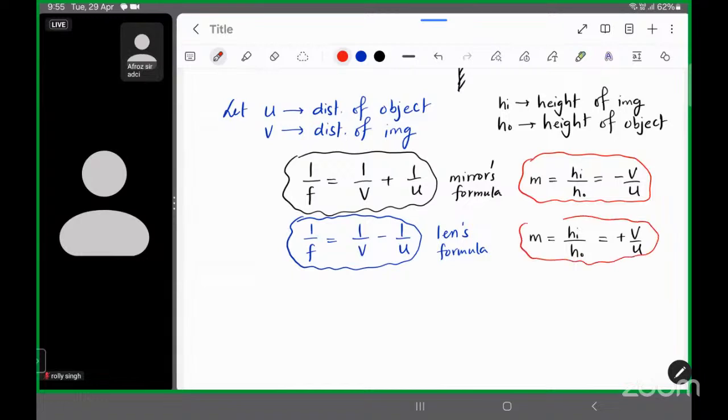This formula is called as linear magnification. Linear magnification, क्योंकि हमें ये जानना होता है कि इमेज का साइज कितना है। ऑब्जेक्ट के रेस्पेक्ट में अगर इमेज का साइज डबल हो गया, तो लीनियर मैग्निफिकेशन विल बी 2। ऑब्जेक्ट के साइज के हिसाब से अगर इमेज का साइज ट्रिपल हो गया, लीनियर मैग्निफिकेशन विल बी 3।